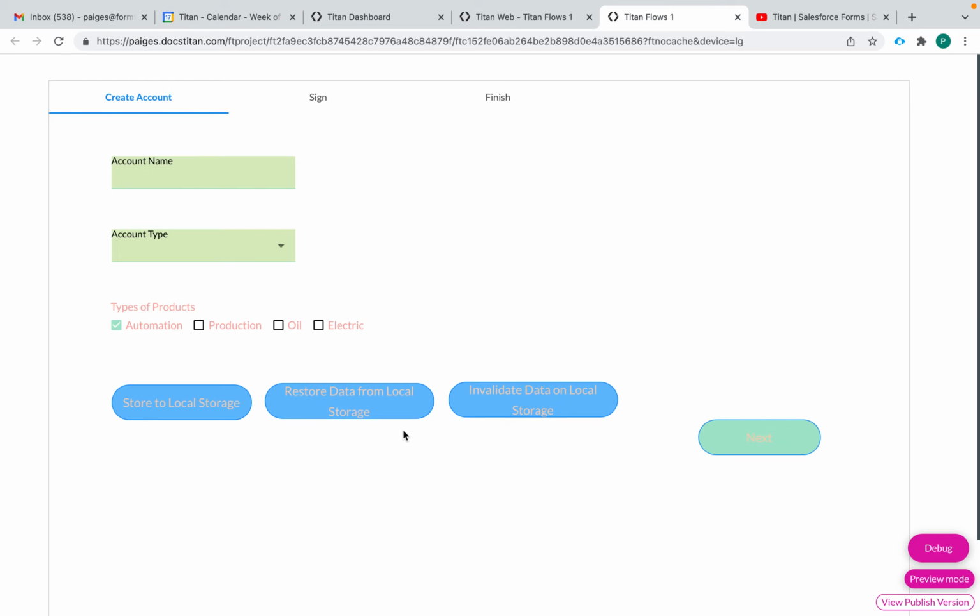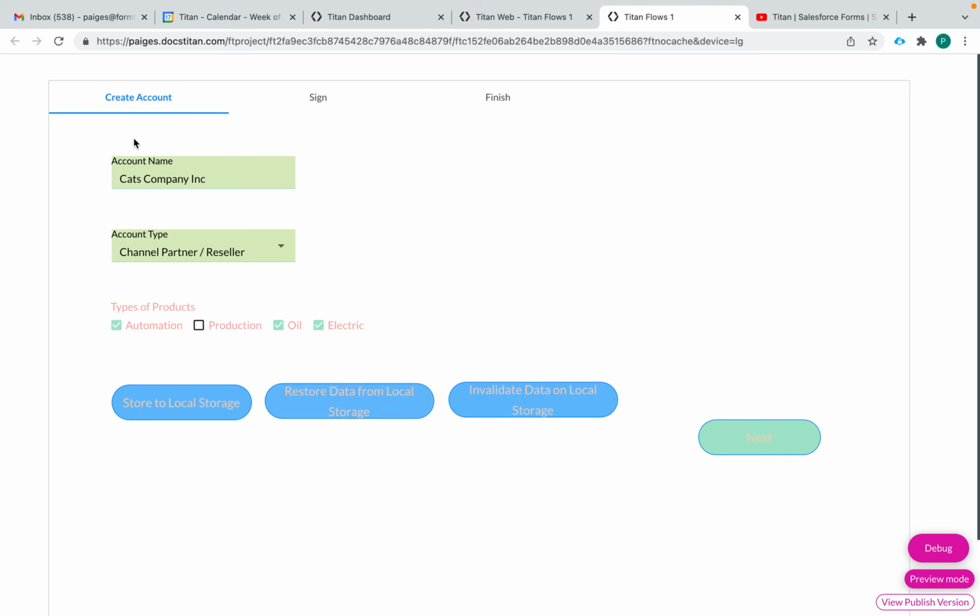So I imagine that in most scenarios you would probably restore the data on page load. So now I click restore and you can see the information that was filled out within the past hour by this certain device. All right, so that is how you store and then restore the data,